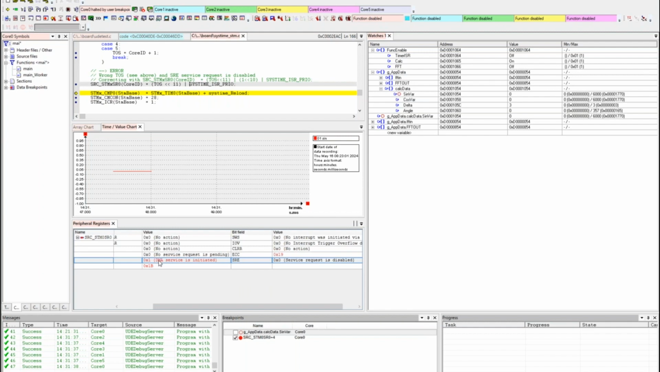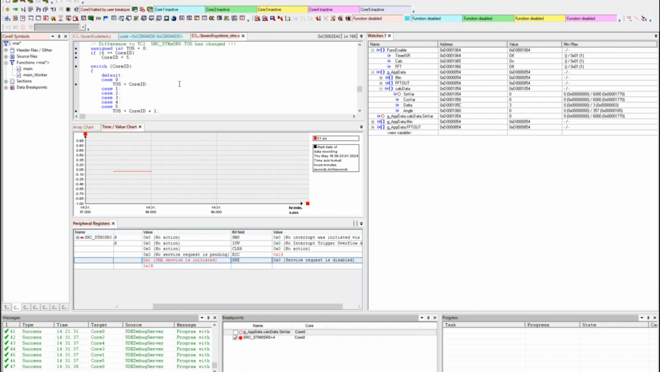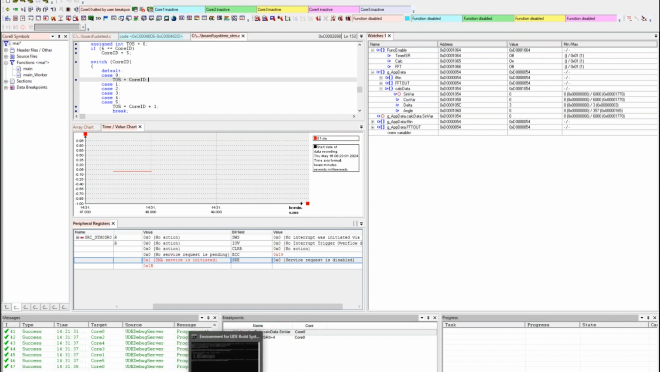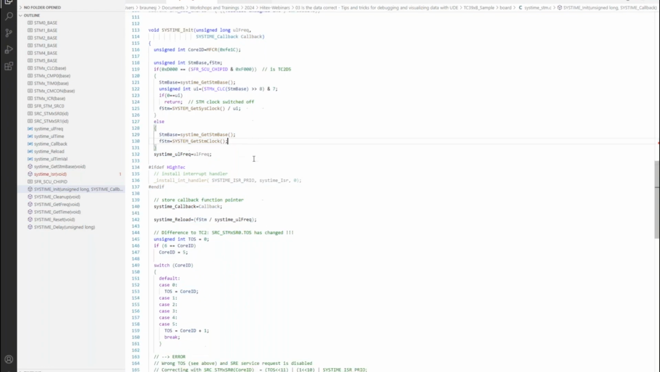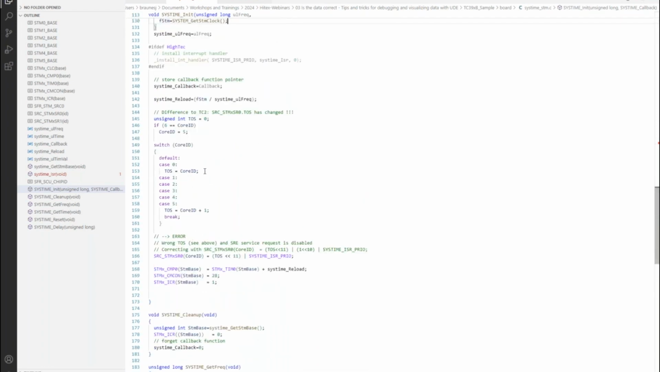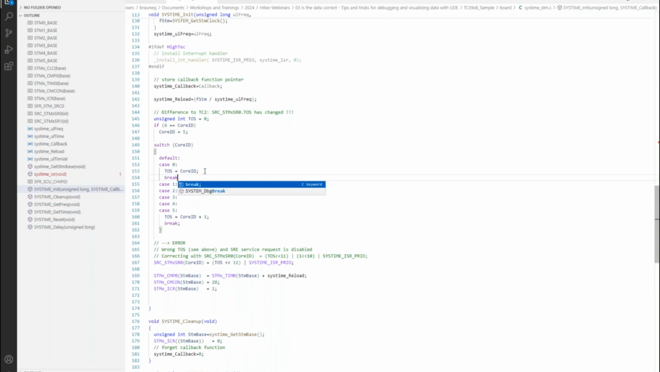And the type of service is also wrong. For that, we look a little bit up and see that we write the TOS with the core ID. Here in this switch, the break is missing. That should be the second bug in this code. So I go to the init function and change it. We add the break